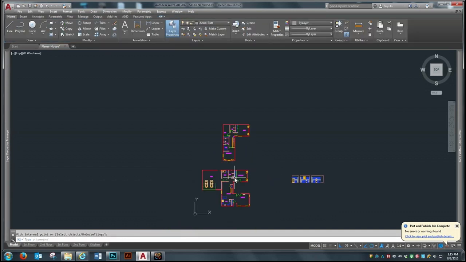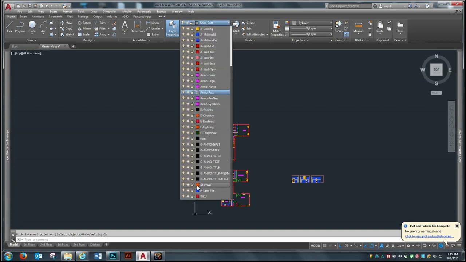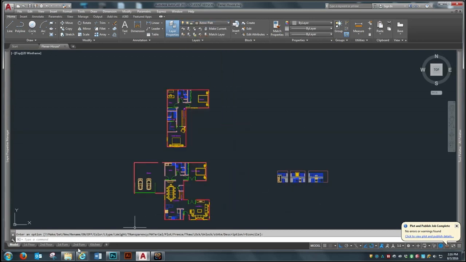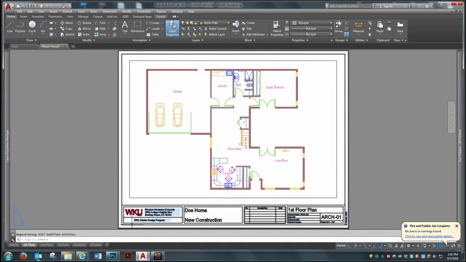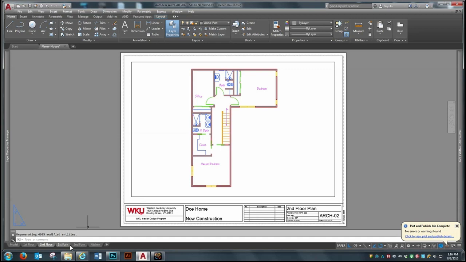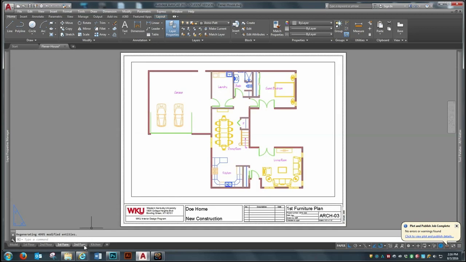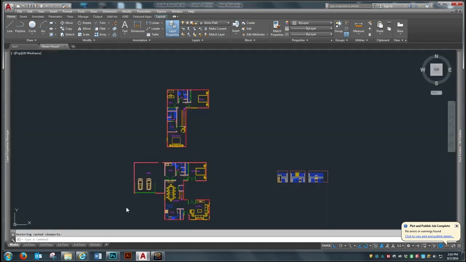Okay, and turn back on your plumbing and your furniture layer. So it makes quite a difference in how well this floor plan is read than we had before we did the hatching in it. Back to different commands. We saw that I believe we have completed using all of the modify commands,